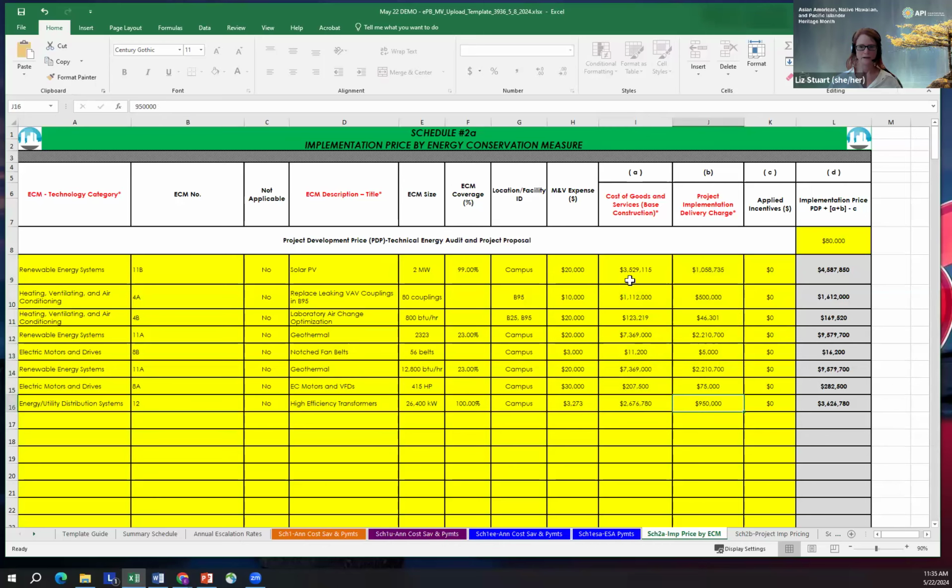But use these two cells as is required by your program. If you're a school district and you don't do it this way, you could certainly just put something in here and just add 0 here if that's better for you. If there are any upfront applied incentives, those go in this column,